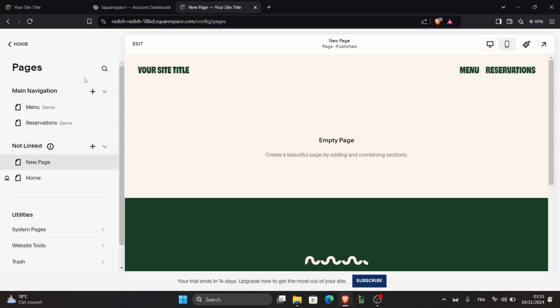Since it's a landing page, keep it not linked so it doesn't appear in your main navigation. This keeps it accessible only through direct links. With those steps, your landing page is ready to go. Landing pages are powerful tools for driving specific actions, so be sure to test and refine them for the best